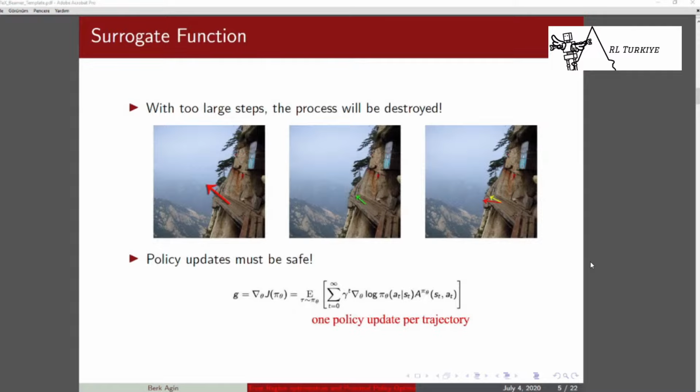First, policy gradient computes the steepest ascent direction for the rewards and updates the policy towards that direction. However, this method uses the first order derivative and approximates these algorithms here. And for one policy, we have to collect the trajectory